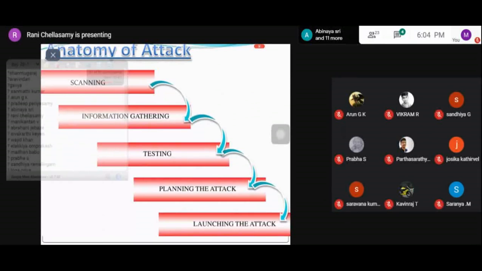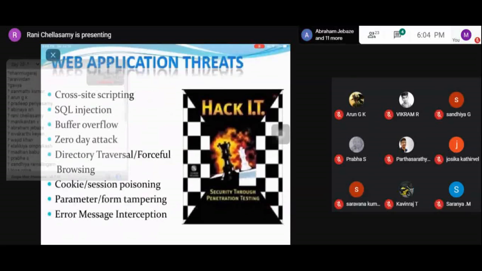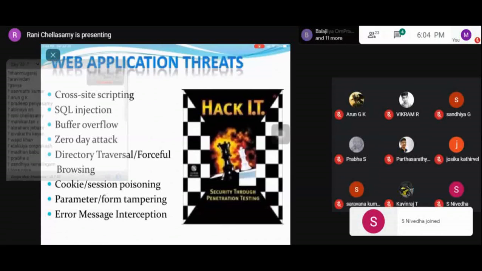That is called website defacement. Next are stealing credit card information, exploiting server side scripting, exploiting buffer overflows, employing malicious code, DOS attack, then destruction of data. So these are some of the hacking possible in web applications.